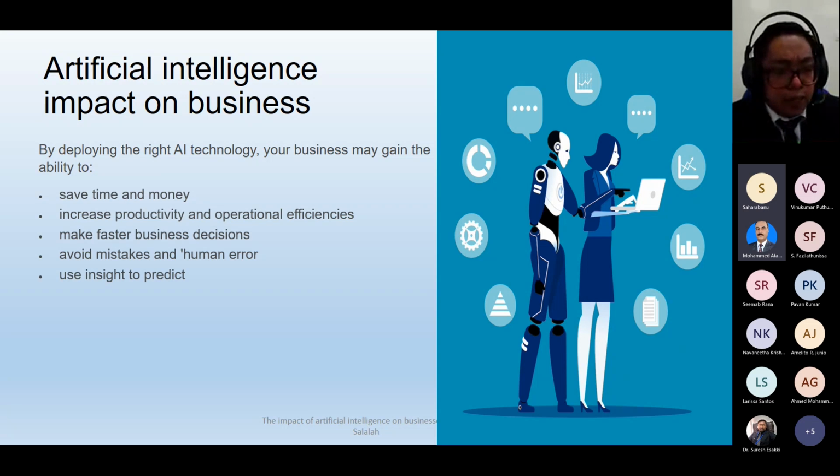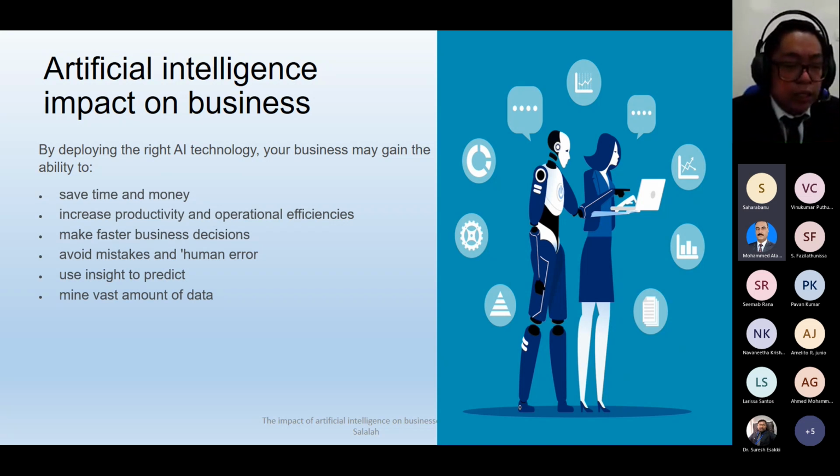Use insight to predict. Predict what? Let's take the customer's point of view. This prediction of customer preferences becomes more elaborate when it comes to AI, and this might offer them much better choices and personalize their experience while they are dealing with your businesses. We can also mine the amount of data that is generating quality leads